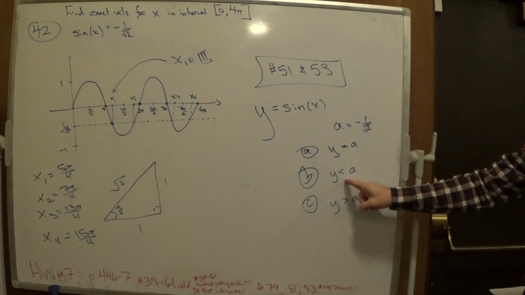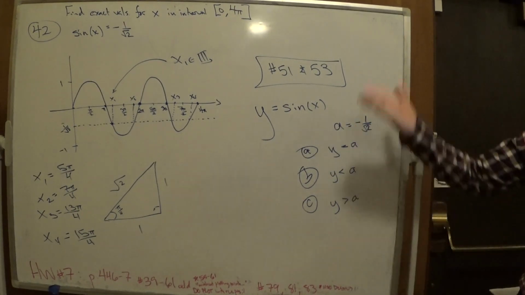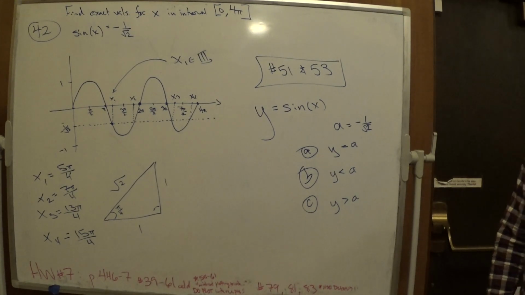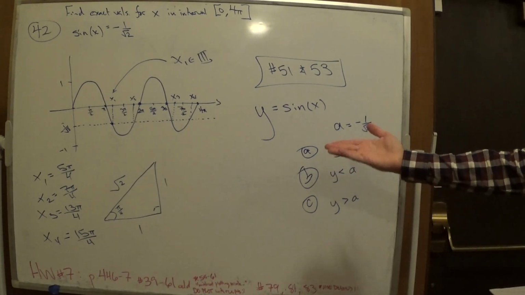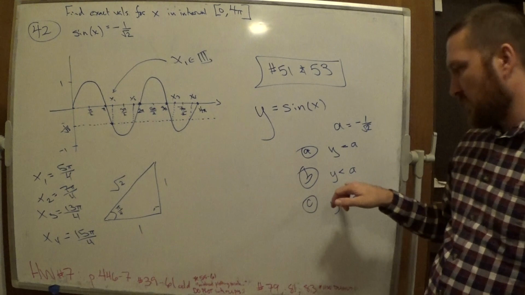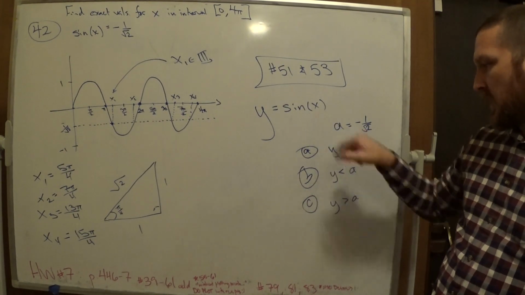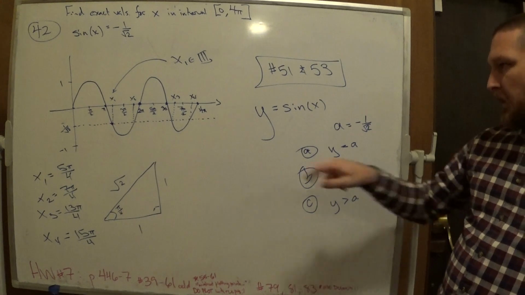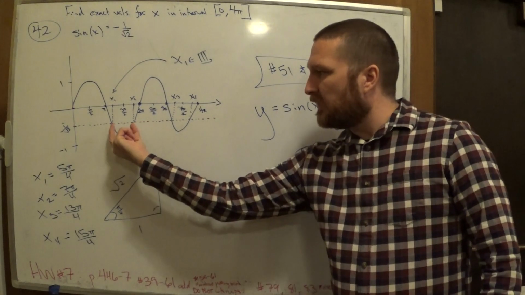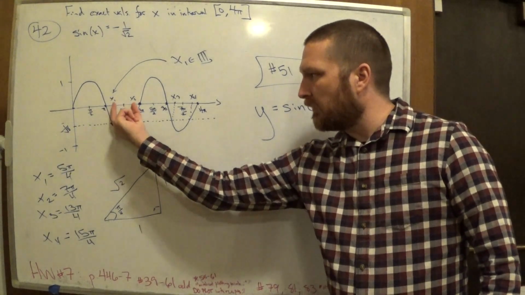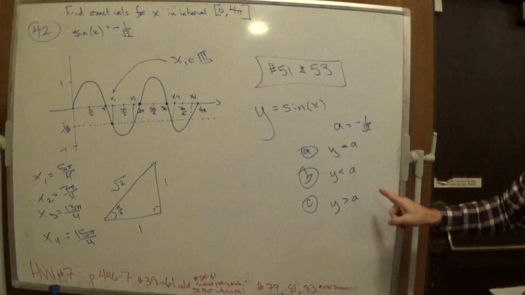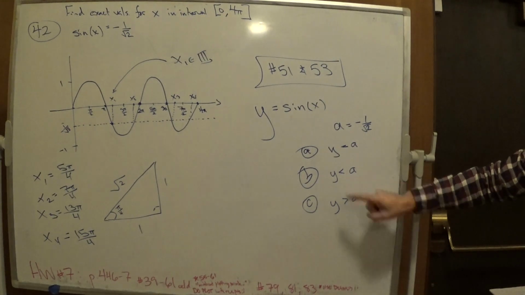B, where is the output of sine x less than that value? And so this is where the graph is going to help you. You could just say, well, we're talking about the height of this. This is where it dips down below that, right? The graph of sine, that's all this means. The graph, the output of sine, dips down below the value A here and here. And so there's two intervals, right? This interval right here from x1 to x2, and then this one from there to there. And if it's strictly less than, so in other words,